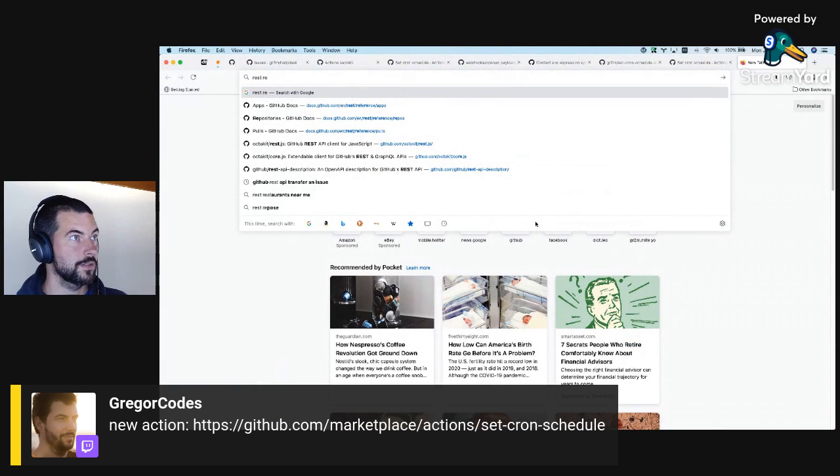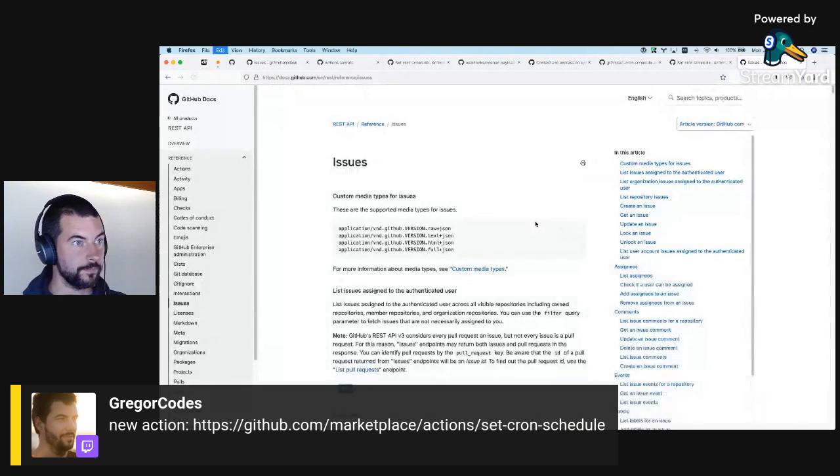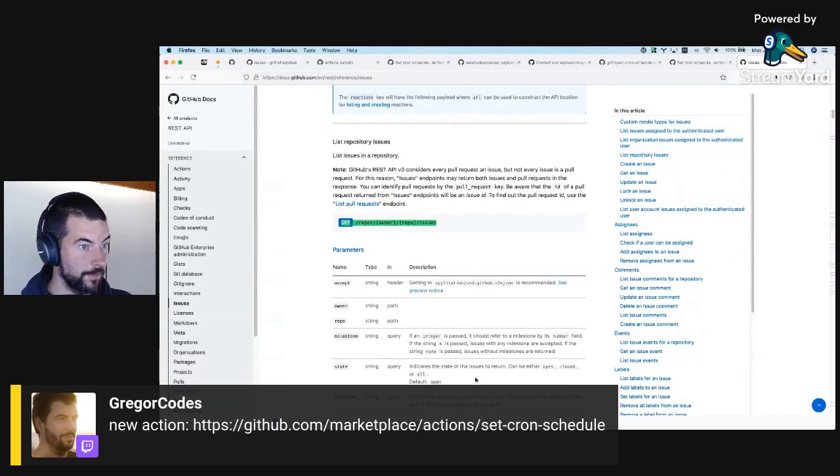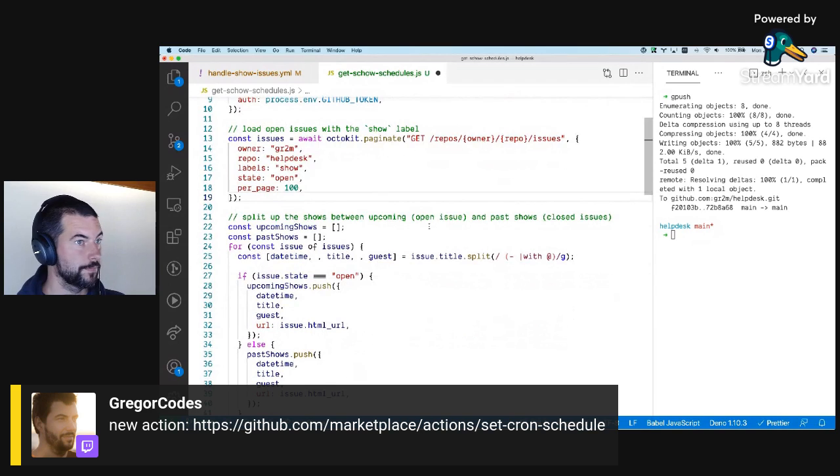So it's REST reference issues. Okay, what are possible values? So it's open. It's the default value, but people sometimes don't know and they might have wrong assumptions. So just setting the state explicitly makes more sense. It makes the code more readable. Load open issues with the show label. Okay.